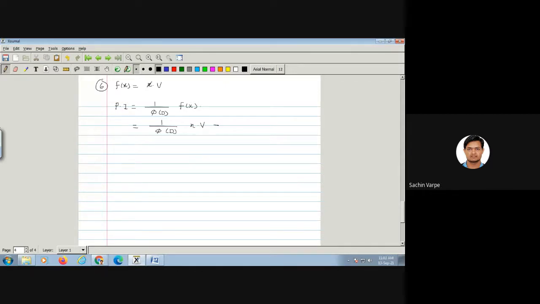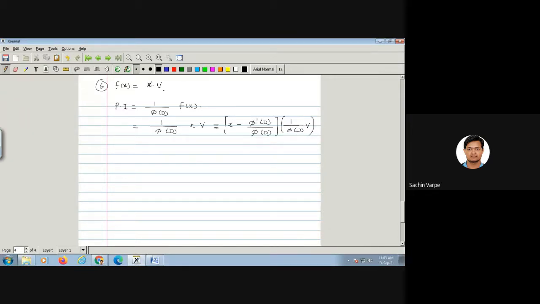So what we do, it is equal to x minus, see carefully, x minus derivative of phi, that is phi dash of D upon phi of D, the whole into 1 upon phi of D operated on v. This is the method, this is the formula. Clear? So we will proceed with this first and then we multiply by inside.